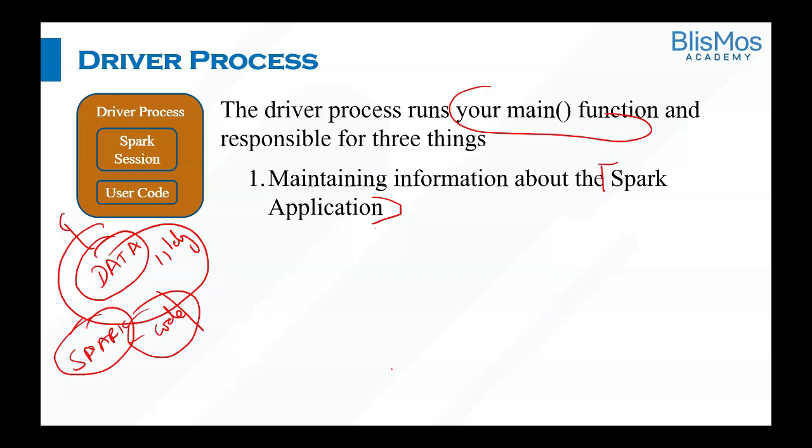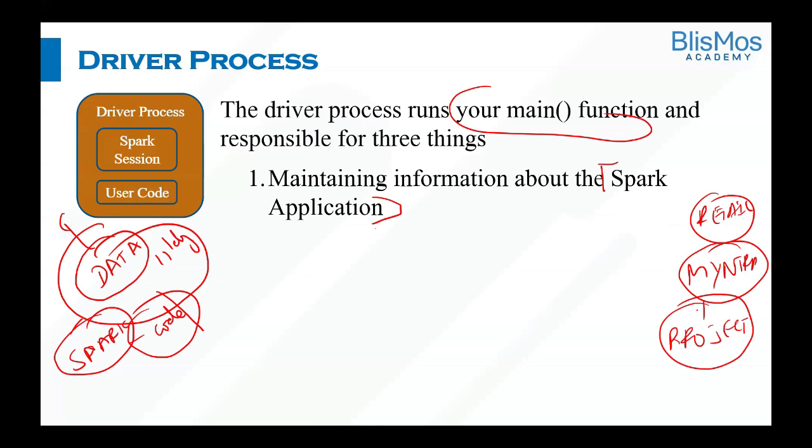So this is the front end of Spark, you mean to say? No, basically, let us say you are in a retail company, Myntra. So in Myntra, you have a project to perform parallel data processing to derive some insights. For that, you write some 1,000 lines of Spark code, right? I'm just taking an example. So this whole Spark code together becomes a Spark application. Don't go by the word application, Malini. Application means it's kind of a front end, but here it is not. The whole code written for parallel processing is called the Spark application.